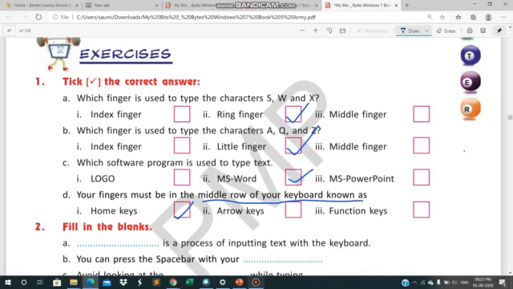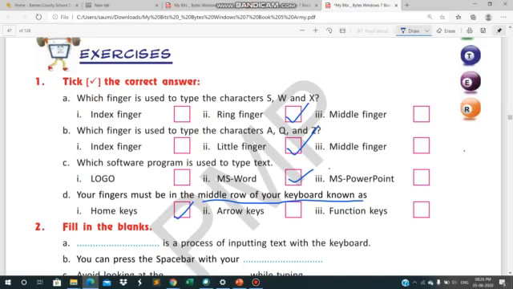Okay, so let us revise the exercise questions once again. Which finger is used to type the characters S, W, X? Ring finger. Which finger is used to type A, Q, Z? Little finger. Which software program is used to type the text? MS Word. Which row must your fingers be in? The middle row, known as the home keys.